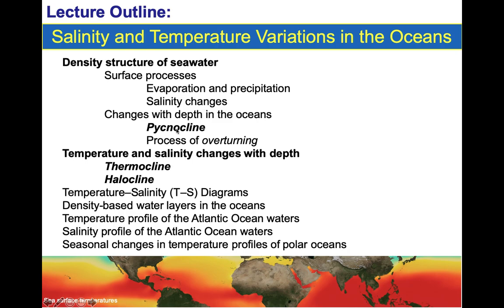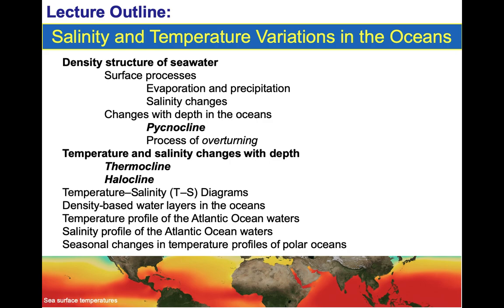Then we're going to define a pycnocline, a specific term in physical oceanography, that you need to really learn how to spell and how to write down. And pycnocline basically is a zone of rapid salinity change in ocean waters as you go deeper below 100 meters or so. And then that will take us to the concept of overturning in ocean waters,